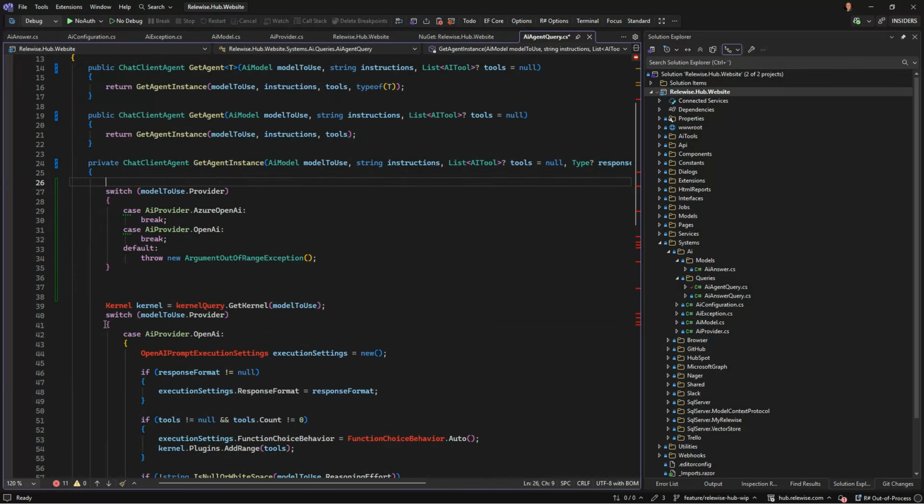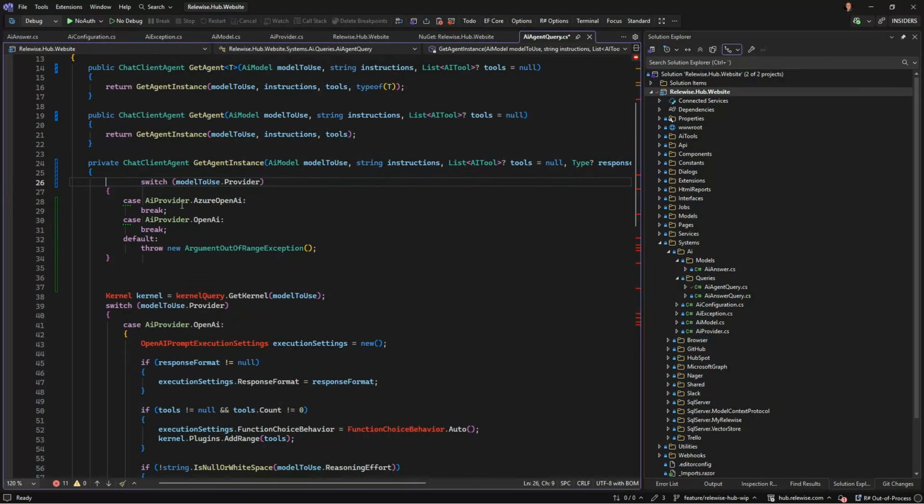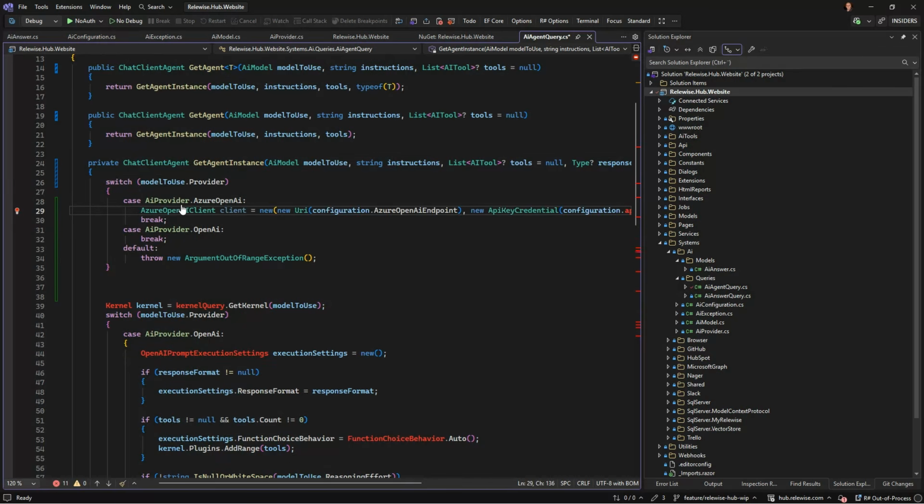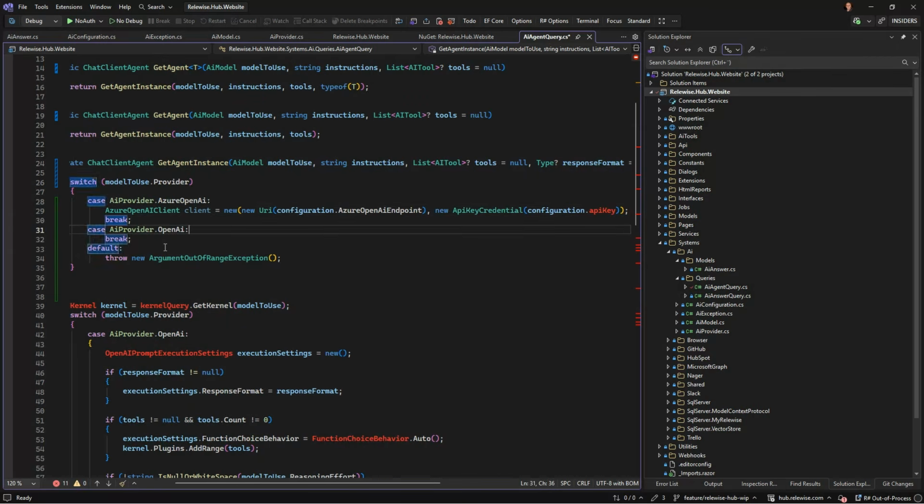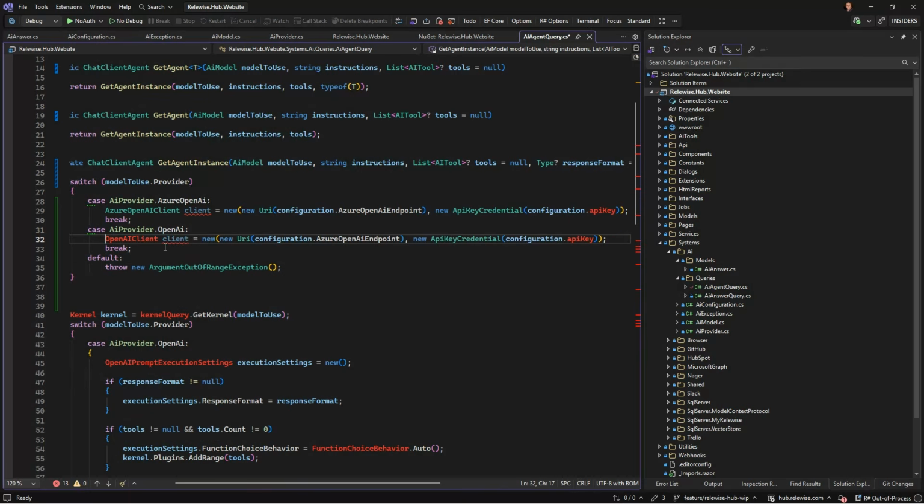So we're gonna put this here. We're actually gonna put them in here and OpenAI client. I guess it's there.